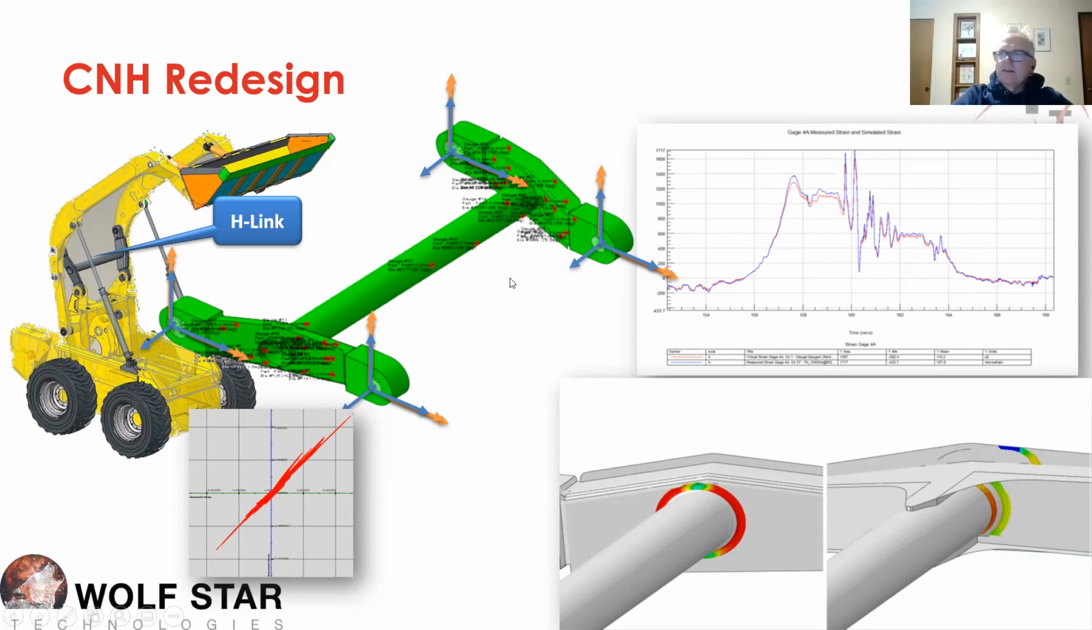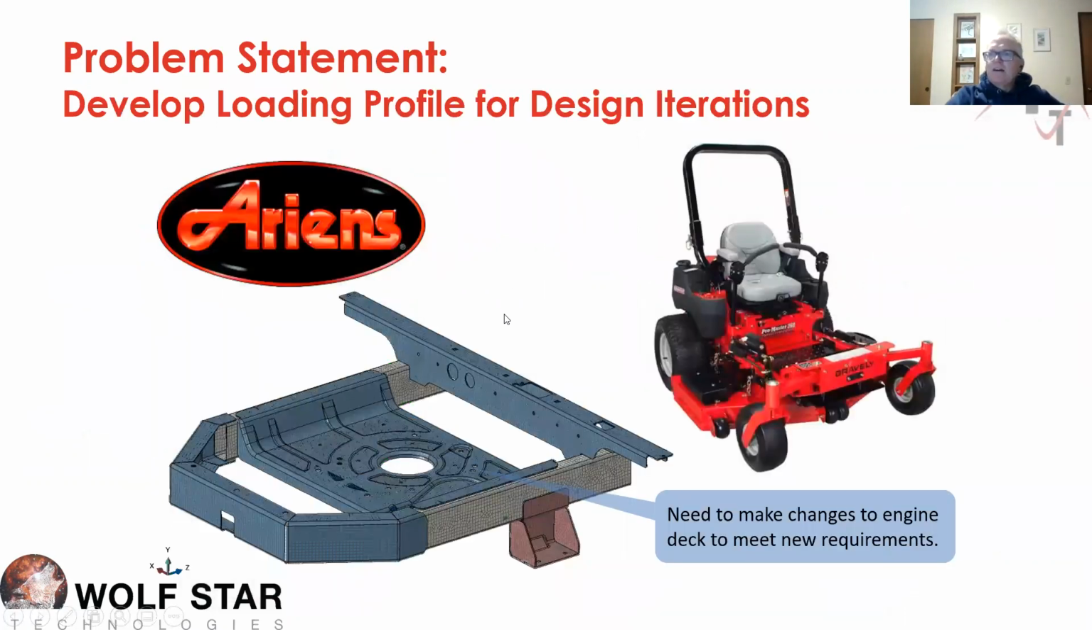All right. And I believe this is our final example here. This is our customer Aaron's up from Brillion, Wisconsin, just a couple hours north of Wolfstar headquarters. Aaron's makes these very high-end lawn and garden tractors, these zero turning radius mowers. And we came up and visited them one day, and they were showing us that they had this design problem on